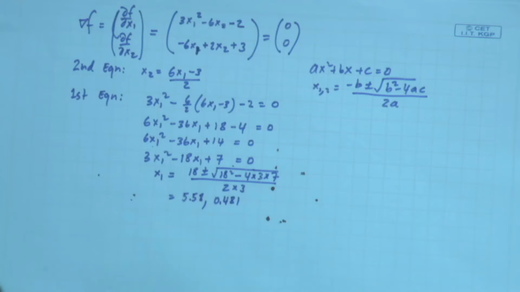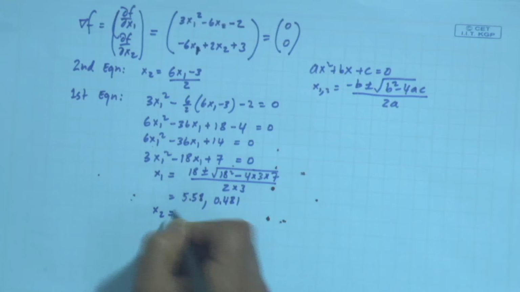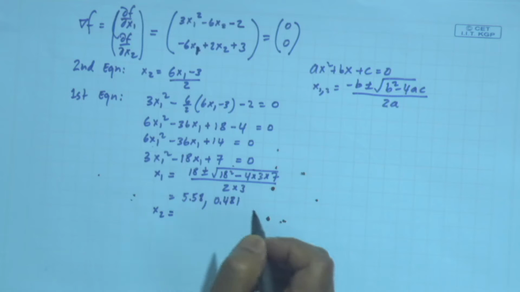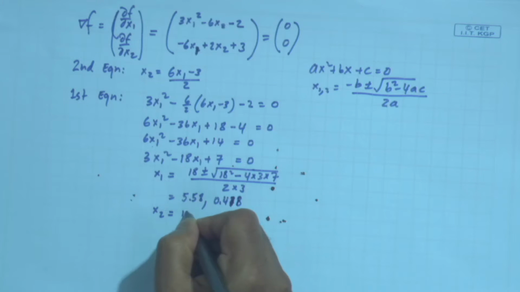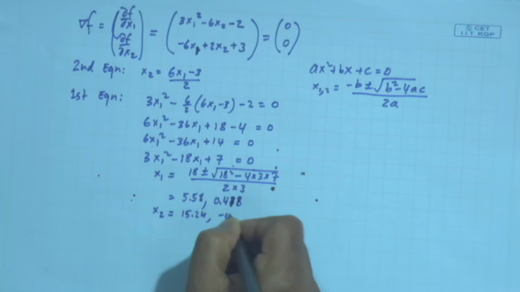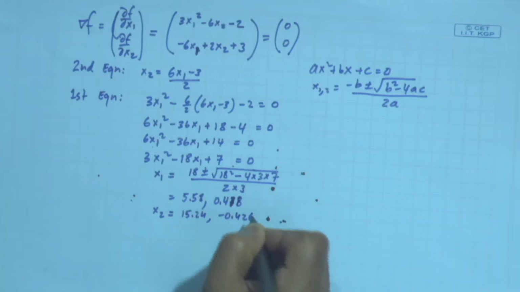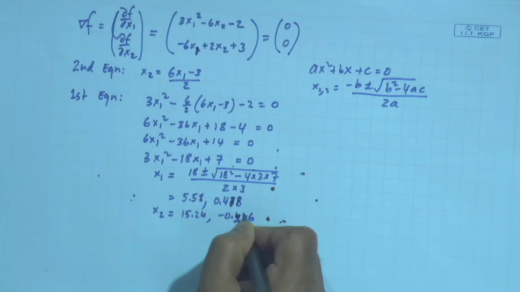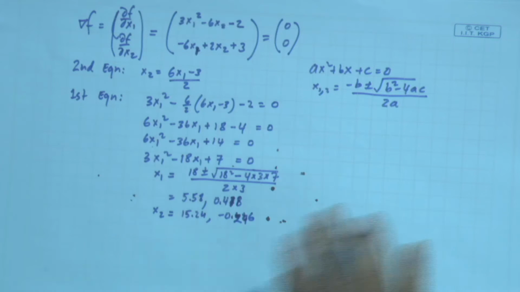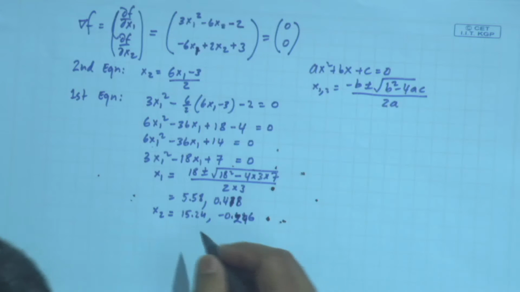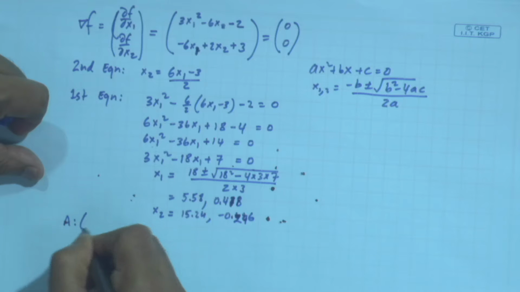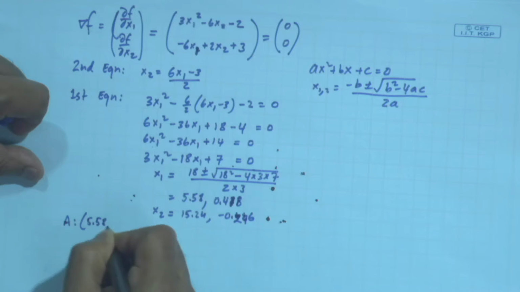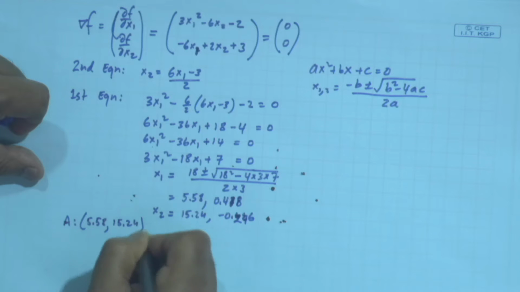0.481. Okay. So these are x1 values. So what are corresponding x2? 418. Okay. 426. 246. Okay. 246. So, well, this is the procedure that you have to follow. So now there are two solutions, two candidate solutions. Solution number A, 5.58, comma 15.24, right? And B,